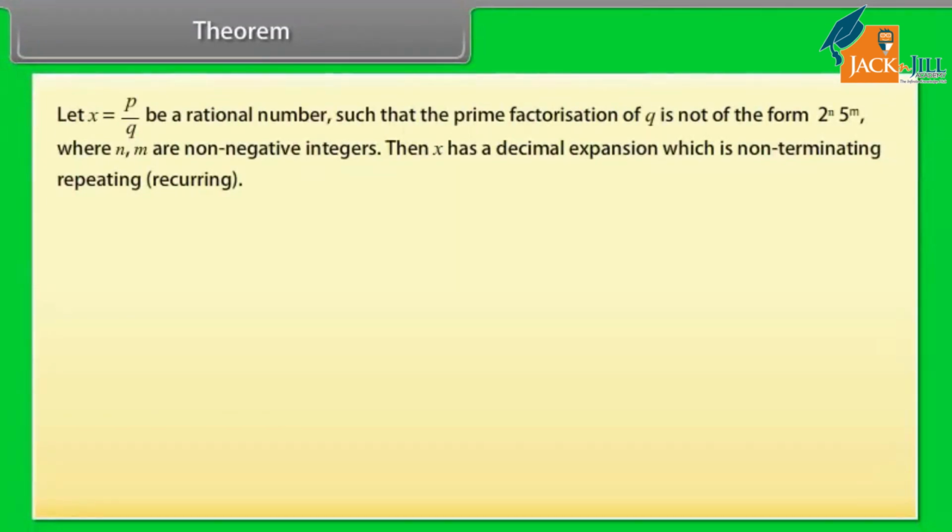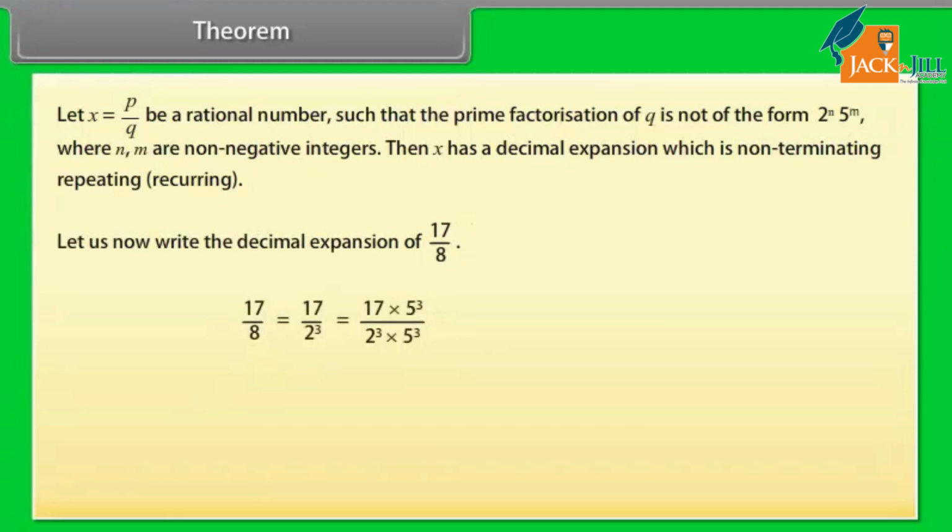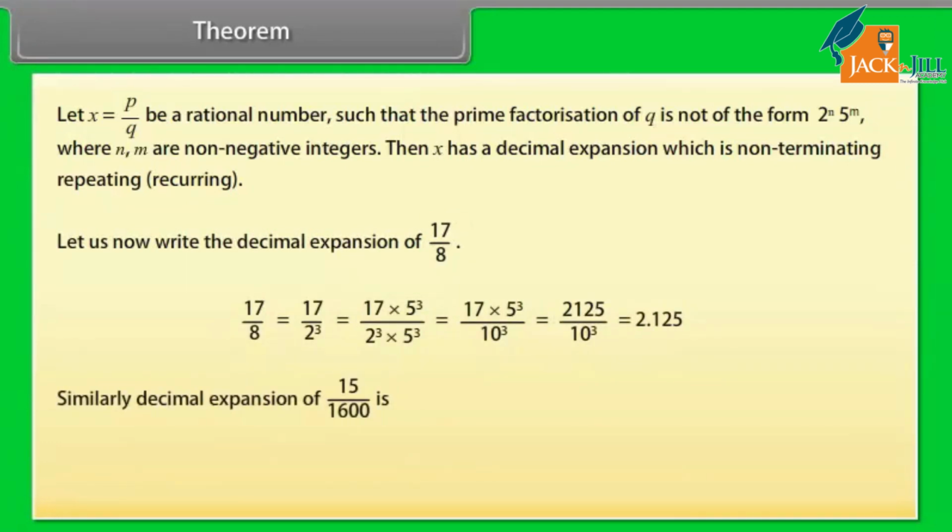Let x equals p upon q be a rational number such that the prime factorization of q is not of the form 2 raised to the power n, 5 raised to the power m, where n, m are non-negative integers. Then x has a decimal expansion which is non-terminating, repeating, recurring. Let us now write the decimal expansion of 17 upon 8. Similarly, decimal expansion of 15 upon 1600 is